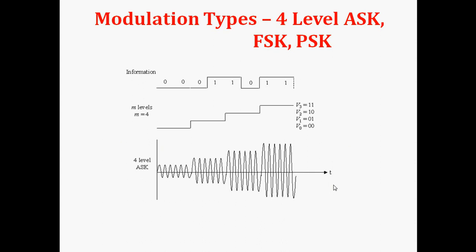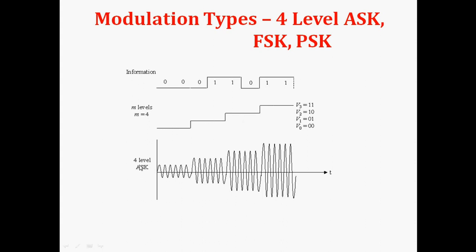There are 4 levels if we consider, and we are sending one of the pieces of information. The information here is 00, 01, 10, 11. Now we are defining this information into the 4 levels for M equal to 4. Initially V0 is my voltage amplitude when there is 0, 0. V1 is the voltage amplitude for 0, 1. V2 will represent 1, 0 and V3 is 1, 1. So accordingly these are V0, V1, V2 and V3.